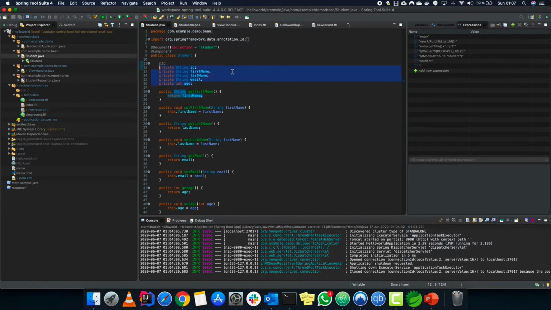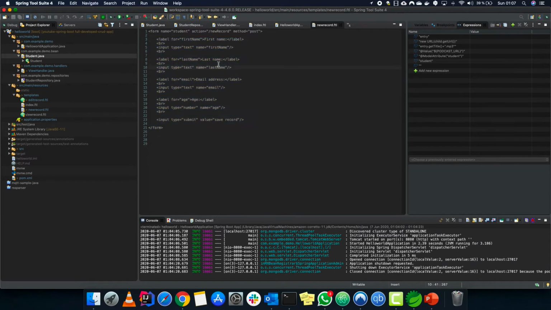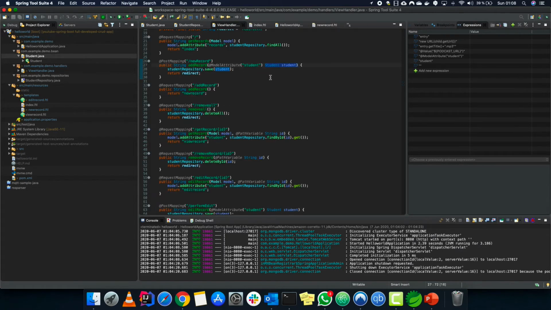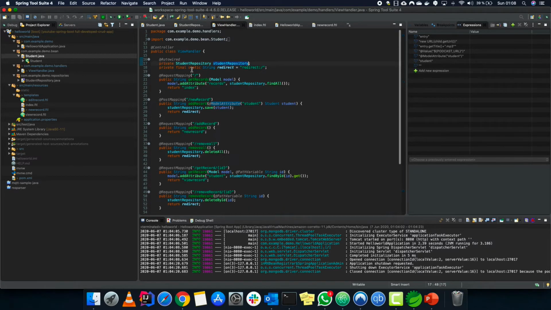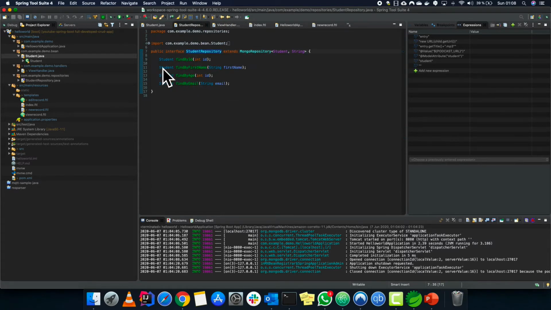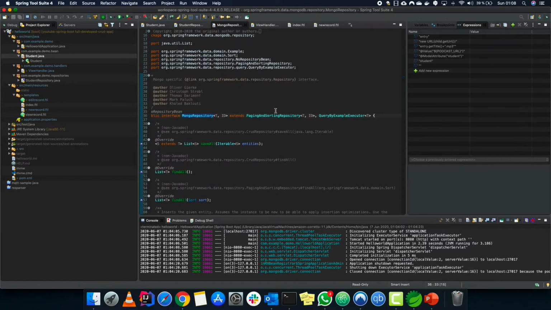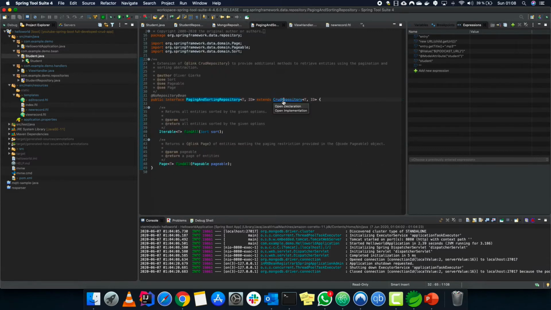We cannot find that particular bean to assign, or we cannot find that particular field to assign to the bean, or something like that. So now we have all the names and everything. Once we have them assigned to this student object, what we have to do is simply call the student repository save method. If we go into the student repository, you can see there is no save method. So it goes into the MongoDB repository, then it goes into the CRUD repository, and it saves there.